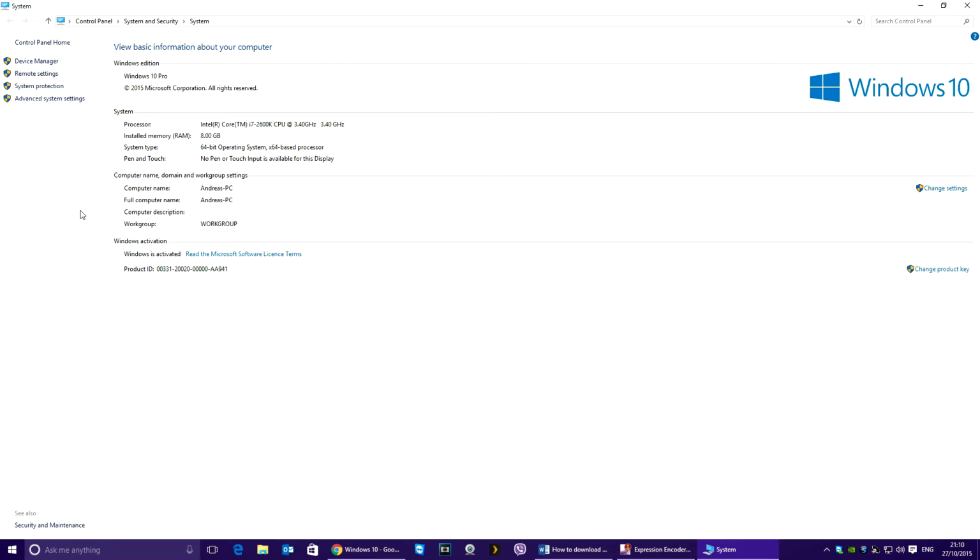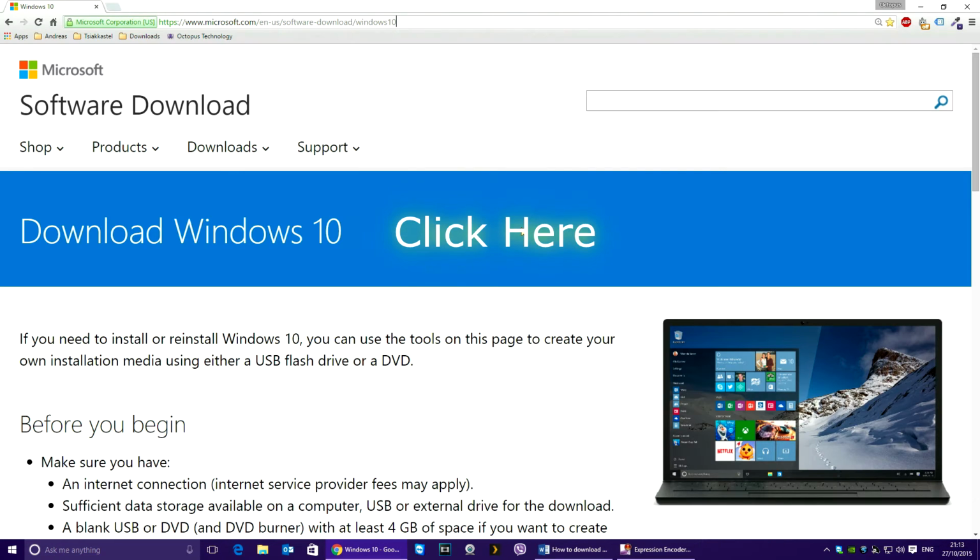The second step you need to perform is to click this link right here, which will take you to Microsoft's Windows 10 download page. If you are on mobile or you would like to inspect the link before clicking it,